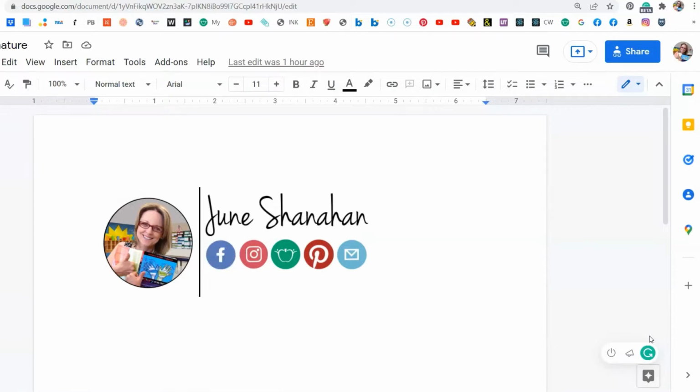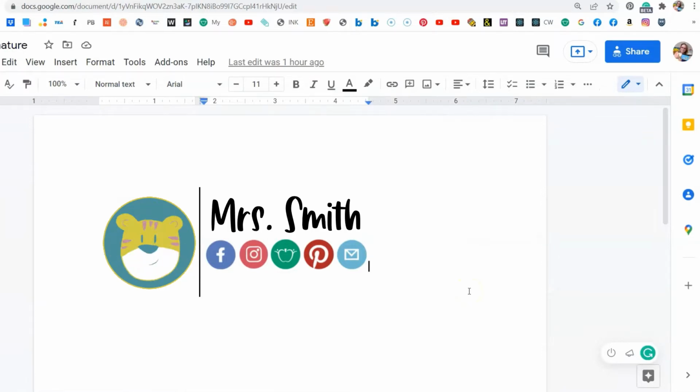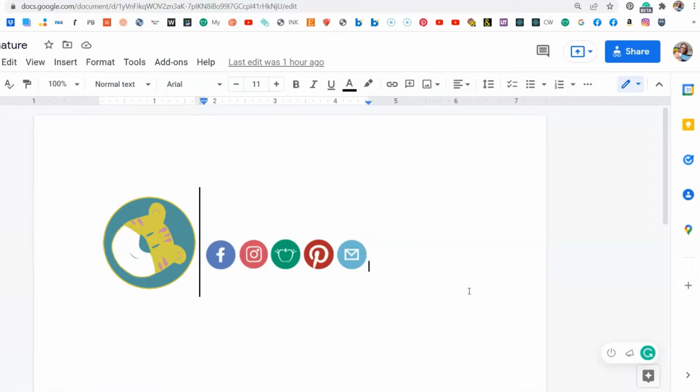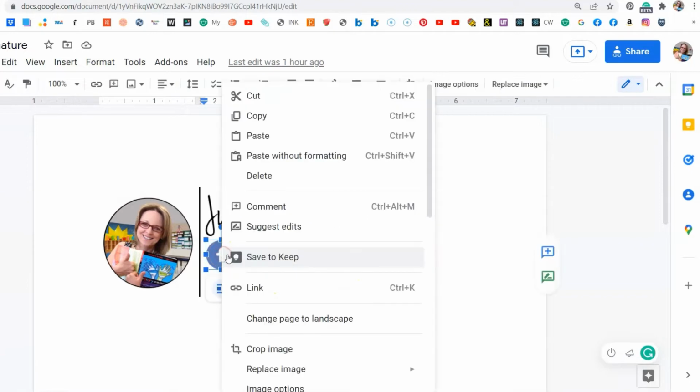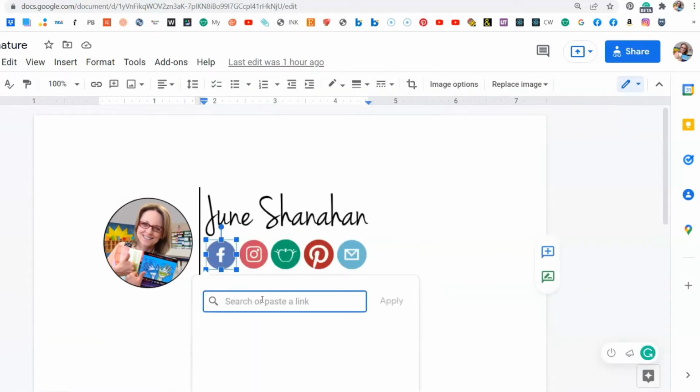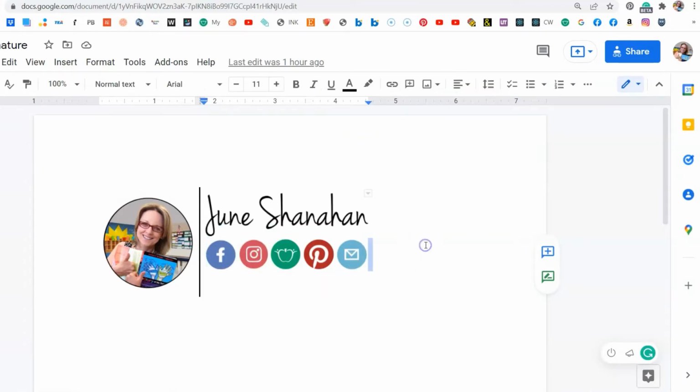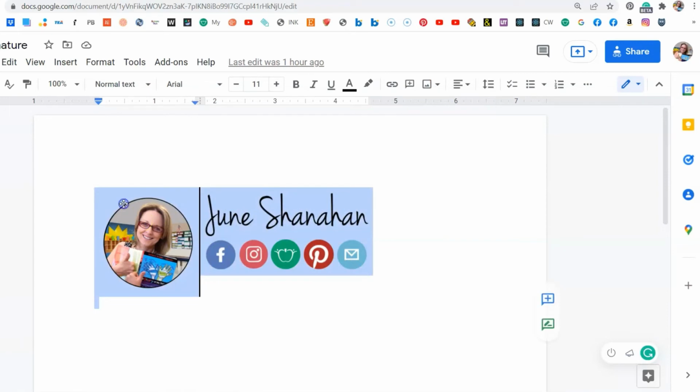You'd replace my logo with yours. You'd replace my signature with yours. And you'd change the links to be links to your social media accounts. For example, you would right-click on any of these icons, like the Facebook icon, and you would select the link and you'd insert your URL here and you'd click Save. You'd do the same thing for all of the other icons, and then you select everything, you right-click, copy, and